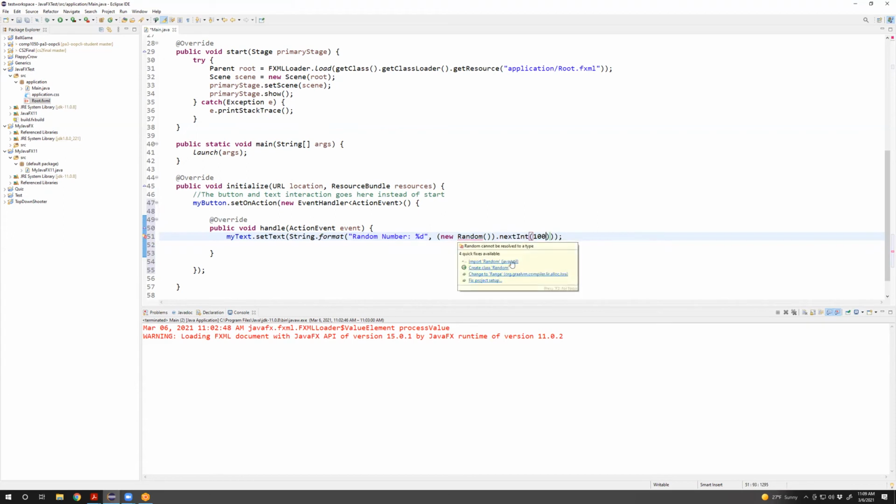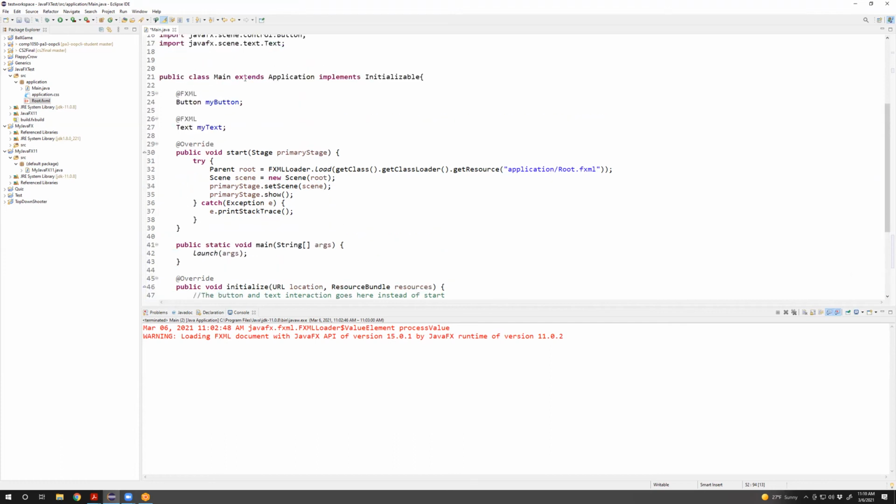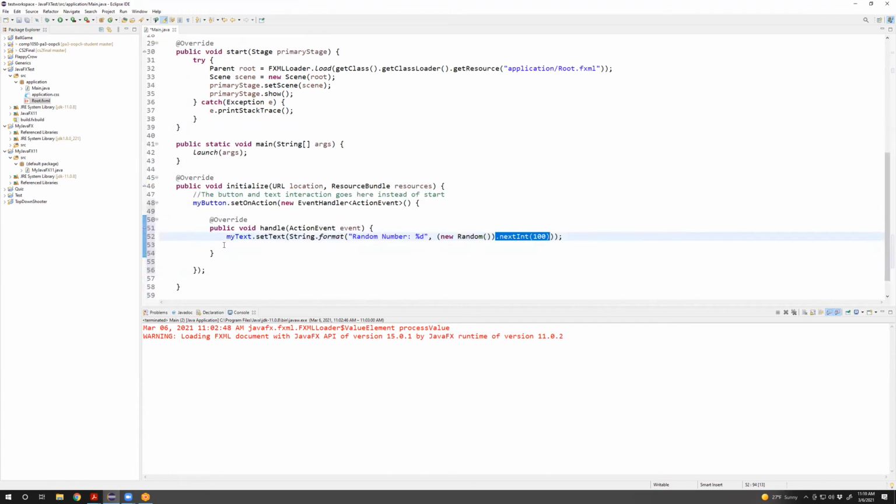So all this is doing, and this needs to be brought in from java.util, is just creating a new random object here and then calling next int for that. So that should be fine for our purposes. I think that's what I did in the code on the slides, if I remember correctly. We could create a new random object just up here as well and just use that, but this is perfectly fine. So if I run this now,